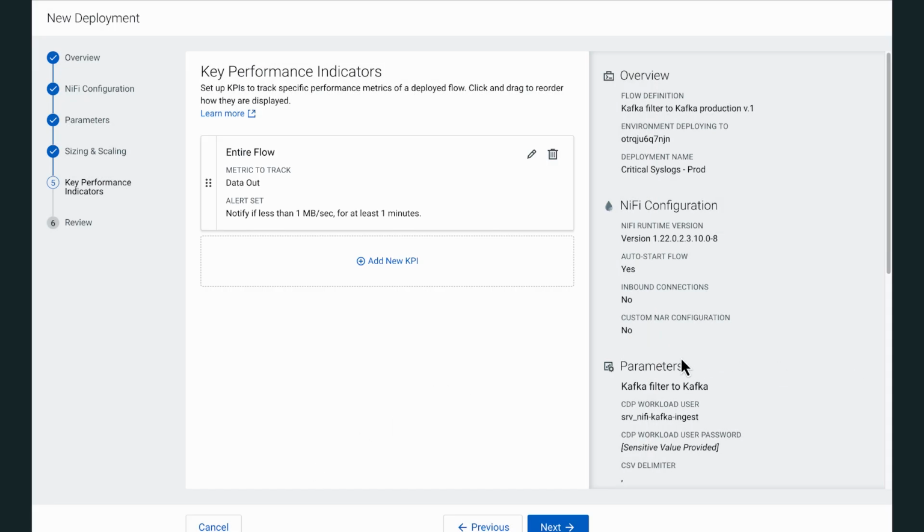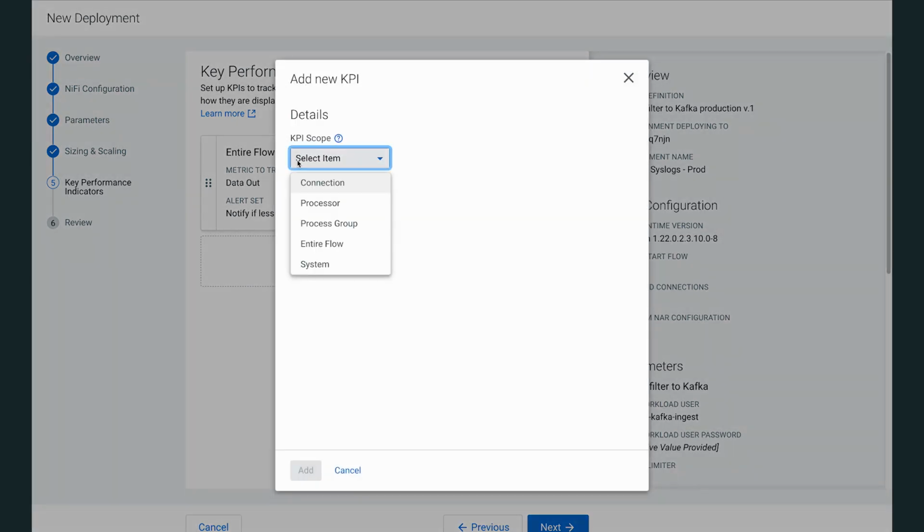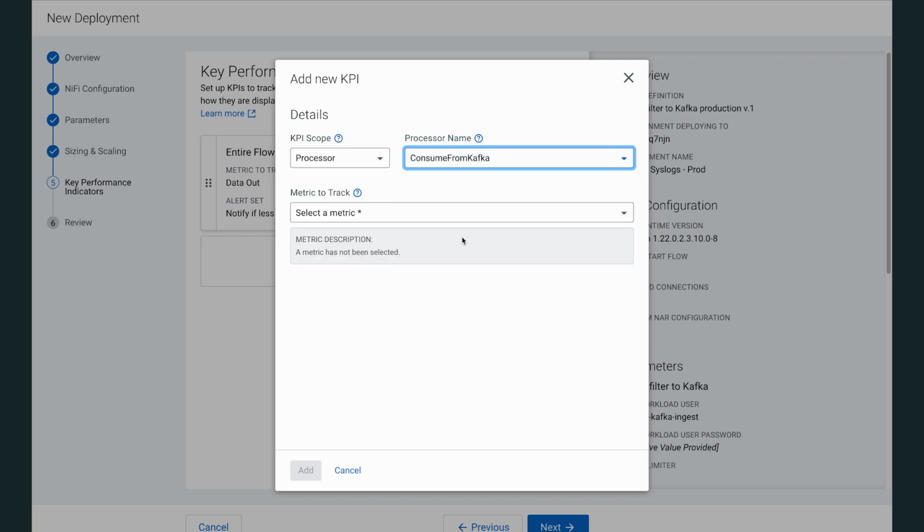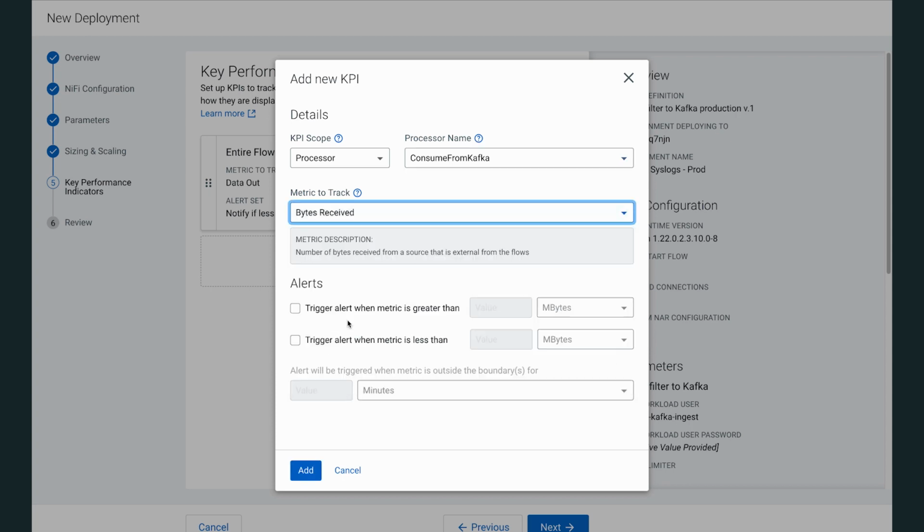Next, we can add another processor, another KPI, and we can do that on any sort of scope here. So let's actually look at a specific processor. Let's look at the consume from Kafka. This is how much we are reading from our source topic, and let's look at bytes received. And let's say we want to trigger an alert when the metric is less than 512 kilobytes